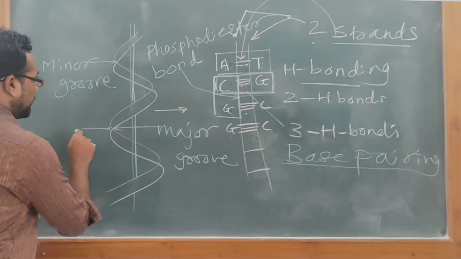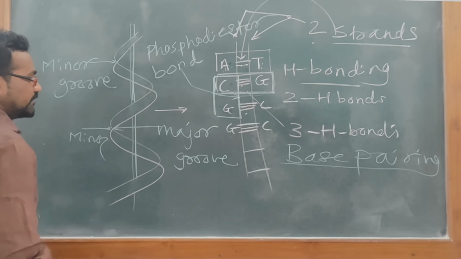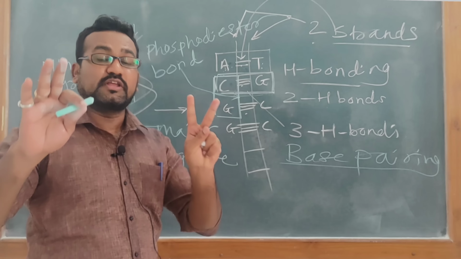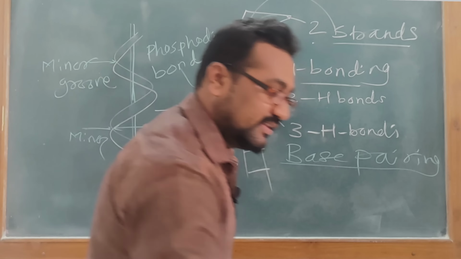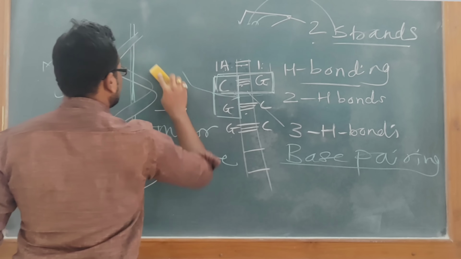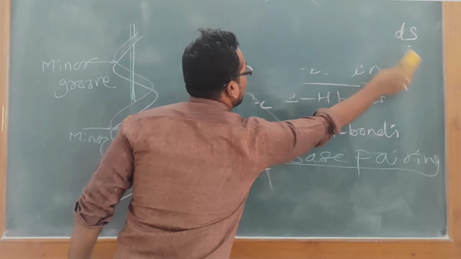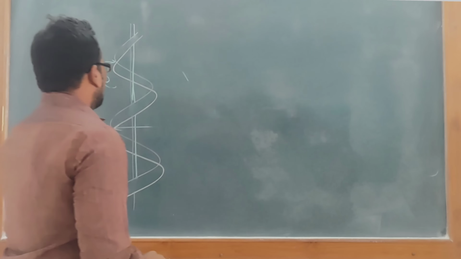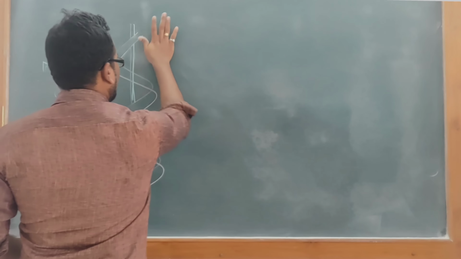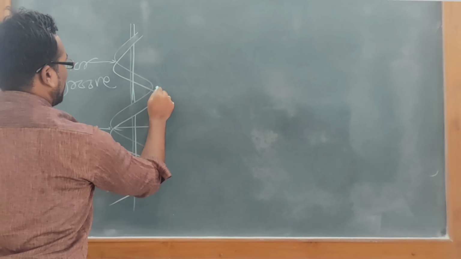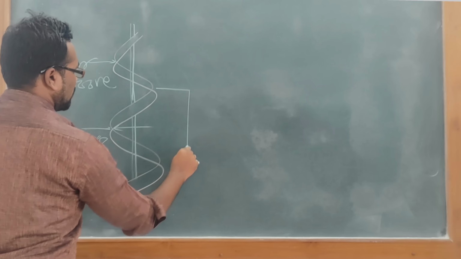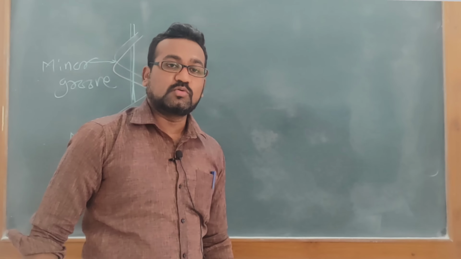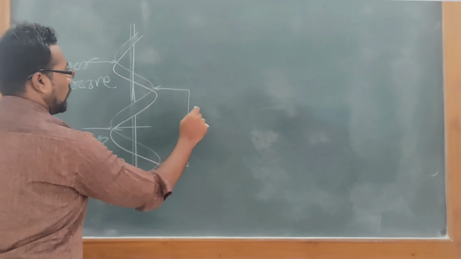Opposite to major groove, you will have minor groove. Opposite to minor groove, you will have major groove. So don't get confused, you have to remember this only. Why I am highlighting this is very important to discuss. I will wipe this out. Okay, so we have this area here, from one minor groove to another minor groove, you will have one rotation